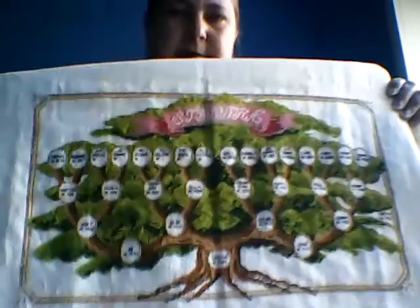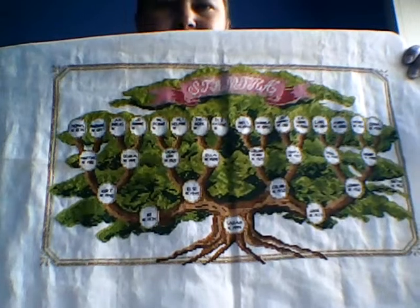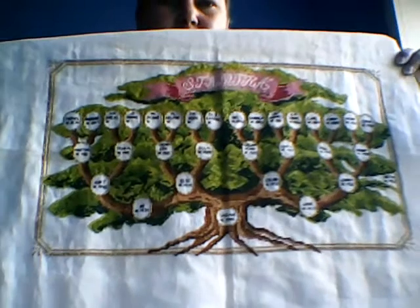So let me see. So it's a family tree, and I hope you can see that okay. It's a family tree that I am doing for my daughter,